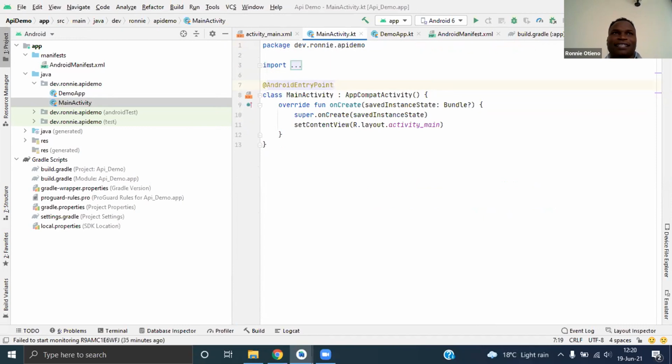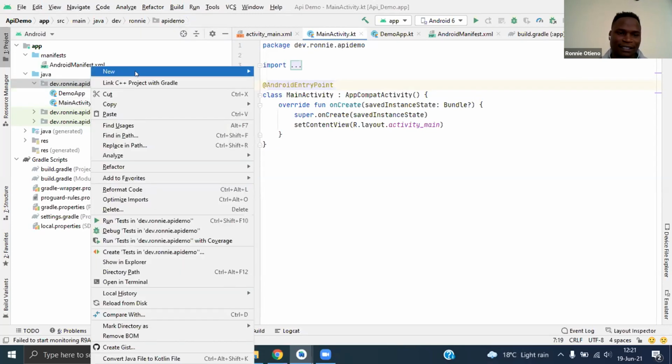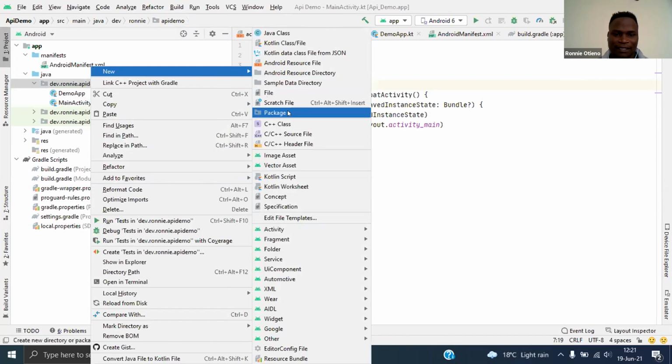Entry points are mostly in the main activity, in activities, fragments, services, things like that. So they're Android components. It tells Hilt to provide for that Android component. In this case, it's the activity.